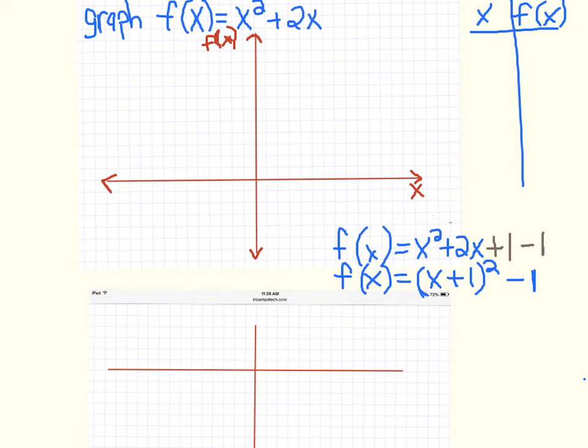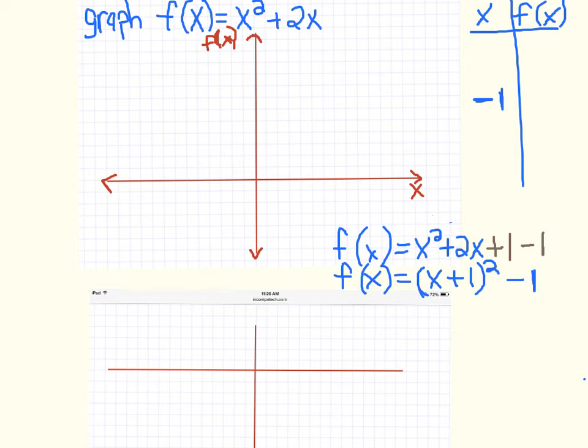If you remember on the previous problem, when I had an x plus 2 in there, that meant that the vertex shifted to the left by 2 places. It actually shifted it left because the value for x that makes me able to have my minimum point is actually the value that makes 0 inside the parentheses. So my x value that's going to get me my minimum point is going to be -1. That's going to get me 0 inside the parentheses. Otherwise, because of the squaring, I'm going to have positive values, and that will cause points to be above where